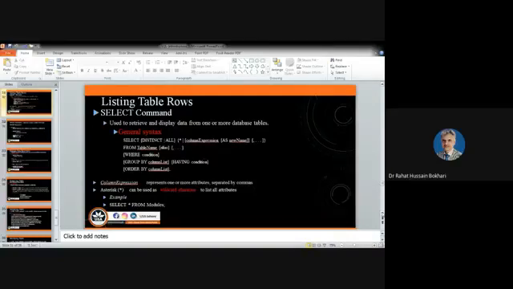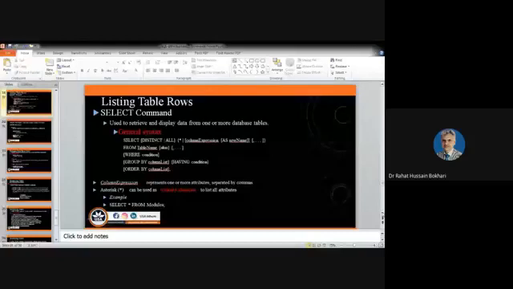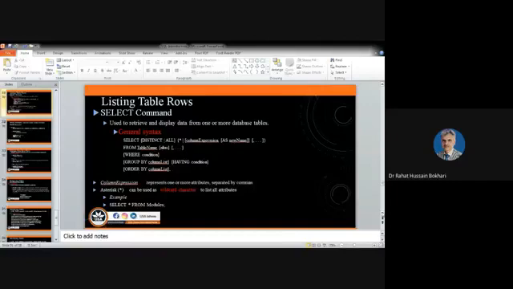Similarly, we have to use group by, having, order by, and I will explain each of them one by one. Just at this moment, I let you know that the select command is a very powerful command. It is used for the retrieval and displaying of data that is accommodated with the help of the tables. So you must have some skill to use this select command.